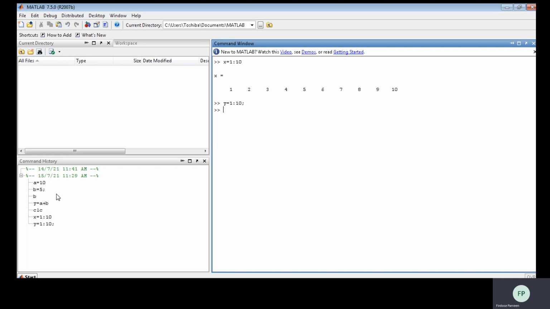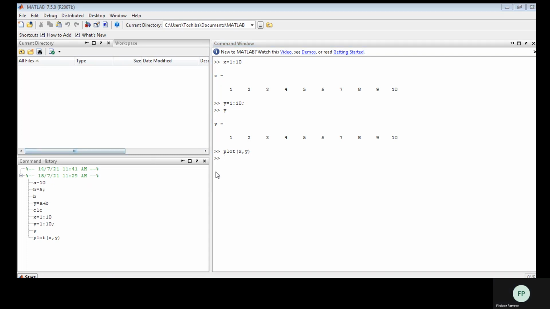If I put a semicolon, you'll not be able to see; if you want to see what is there in y, I'll type y and press enter. Now I'll plot the graph by giving plot x comma y. x will be your x-axis, y will be your y-axis. In this way, you have seen the graph.